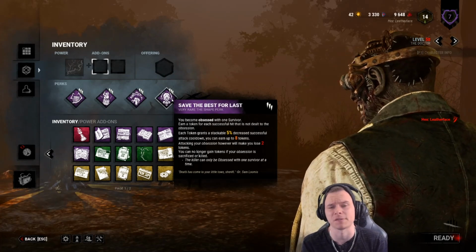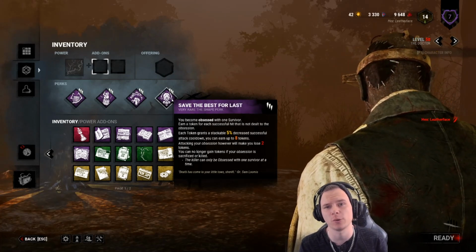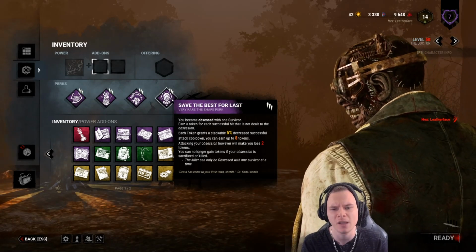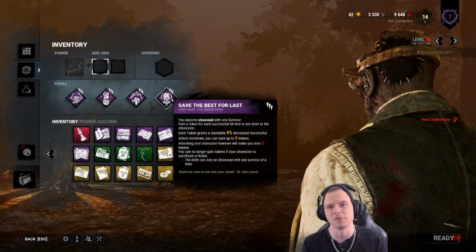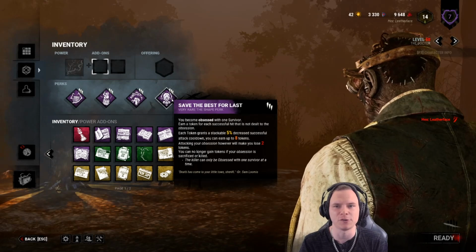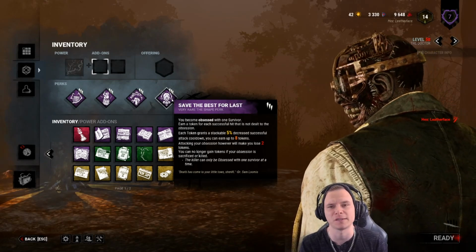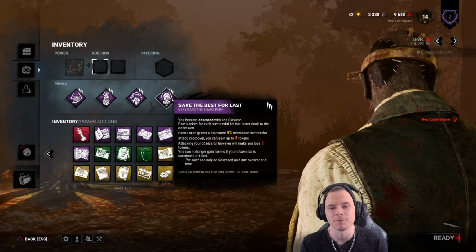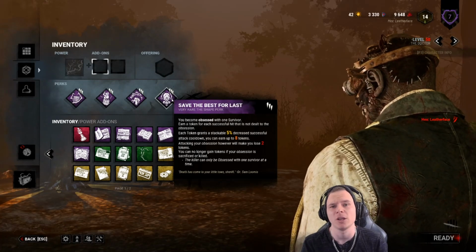It's called Save the Best for Last. Every time you hit a survivor who is not your obsession, you gain 5% faster recovery time on a successful hit, up to a total of 8 stacks. At 8, we're looking at 40% recovery speed. If you M1 a survivor, it'll take him about 30 seconds if he's running in a straight line before you can catch up and M1 him again. However, if you have Save the Best for Last and you M1 him, you're going to get it in about...